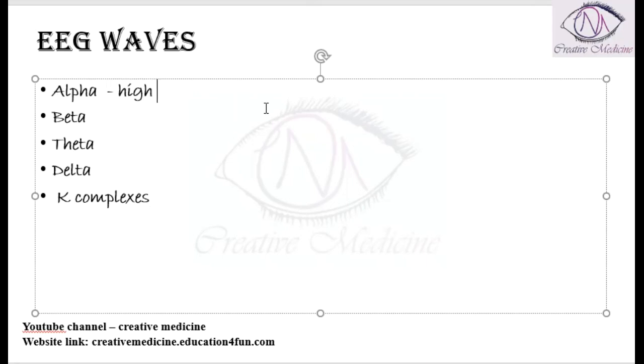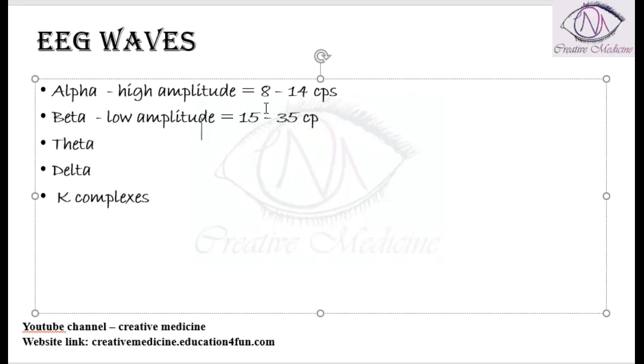Alpha waves mainly have high amplitude, and these alpha waves are around 8 to 14 cycles per second, whereas beta waves have low amplitude, and the frequency of beta waves is around 15 to 35 cycles per second. Then we have theta waves. Theta waves also have low amplitude, and they have a frequency of 4 to 7 cycles per second,